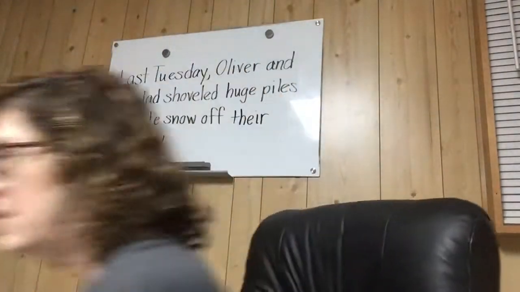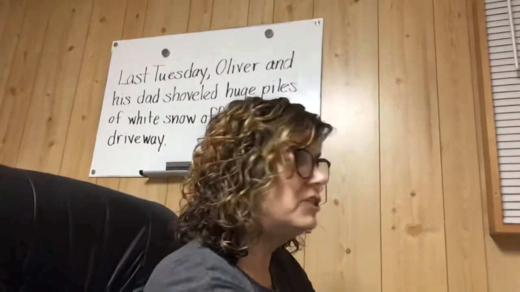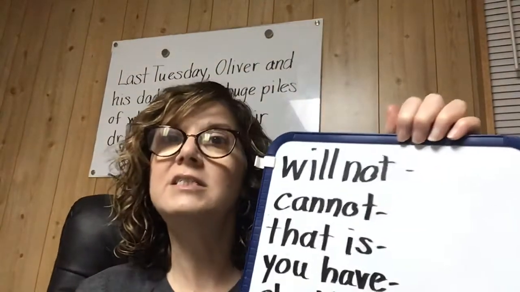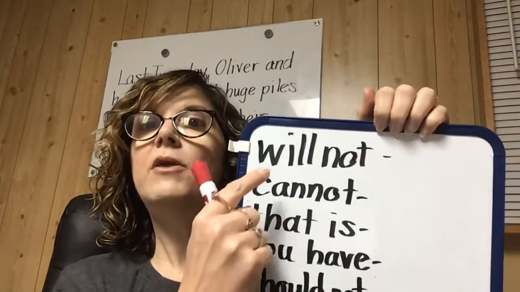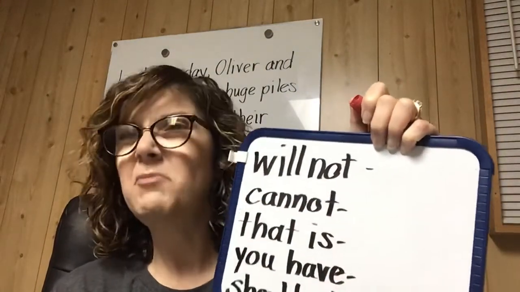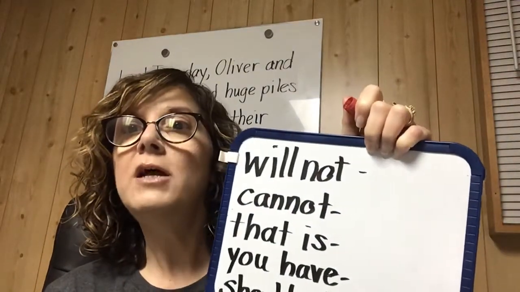Okay? Then, I want to look at the little board, because I've written some contractions on it, and we're going to talk about them. Alright, so the first one I wrote is that tricky one I was talking about. The word will not. Okay? You would think, write will, and then N apostrophe T, and that would make willnt. That's not right. Will not. I will not go with you. I won't. Alright, so W-O-N